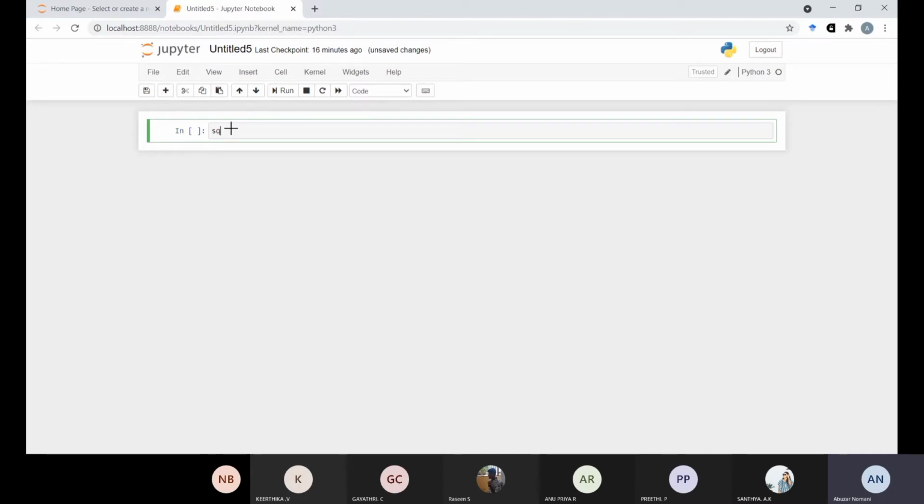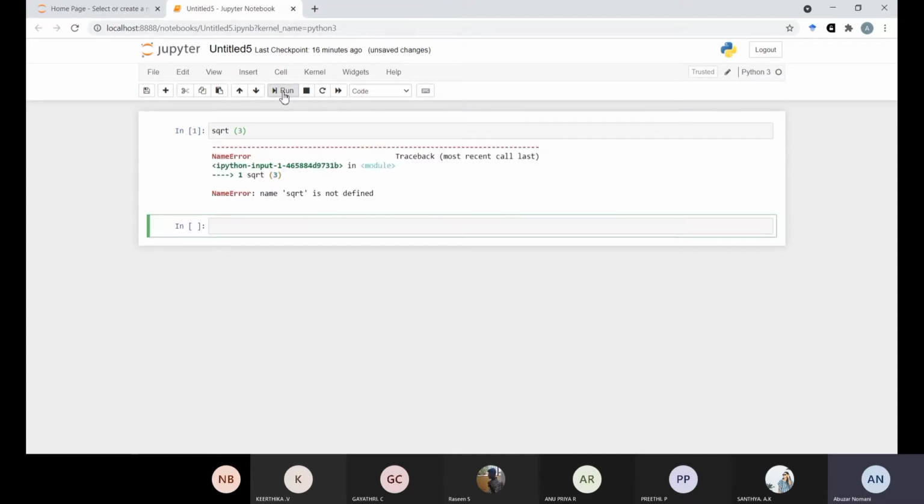SQRT, bracket 3. If we give the command of this function, square root 3, you can also write it in your tab and press the run button. Then it gives an error, because we don't have the package right now in the Jupyter notebook that lets us use the square root function.